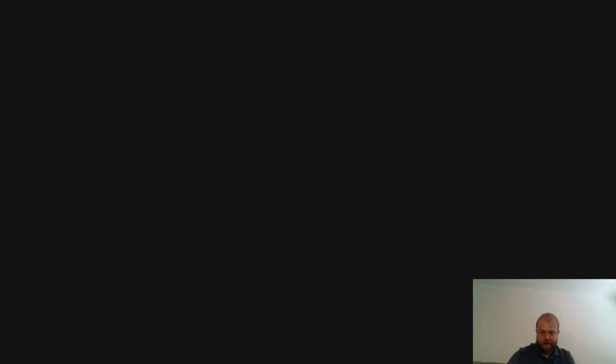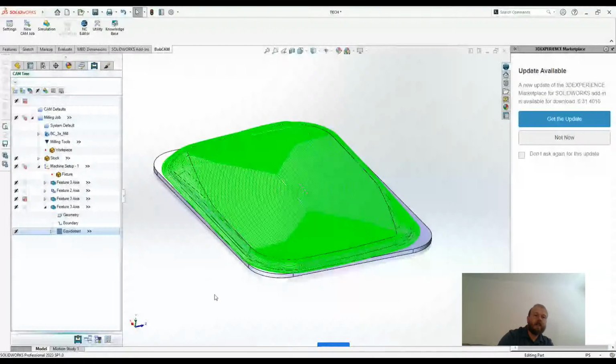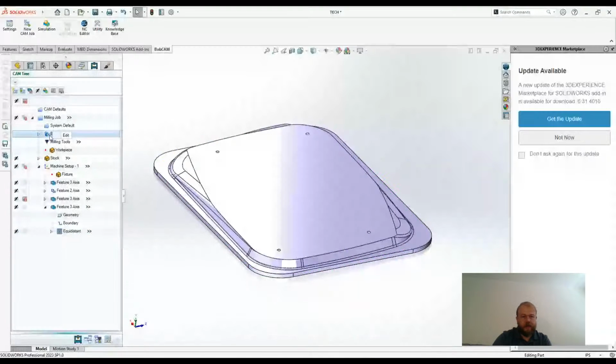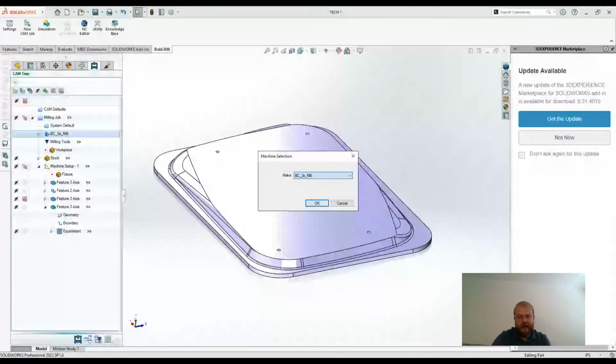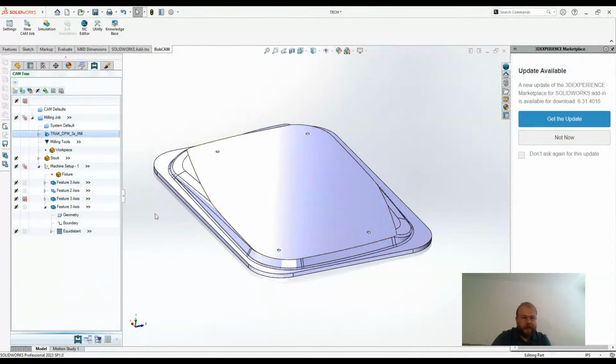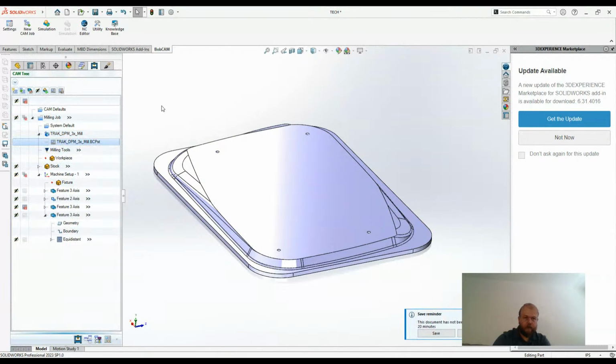If I can share my screen of SolidWorks here. So here, it's not necessarily within the functionality of Bobcam, but it's kind of in the background here. If I am using a different machine than just a default Bobcat 3-axis mill, say I'm using this ProtoTrack 3-axis mill to mill out this part file, and I have the post processor for the ProtoTrack 3-axis mill, and I'm using a lot of other, we'll say, custom posting files for drilling and anything else like that from older versions. You can go here to,